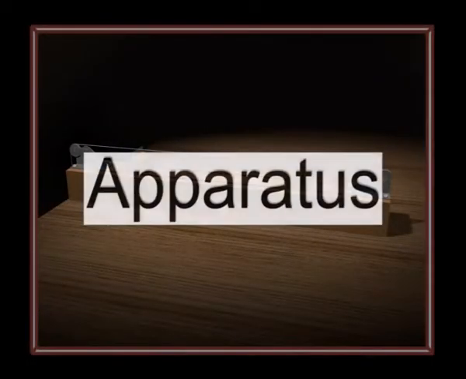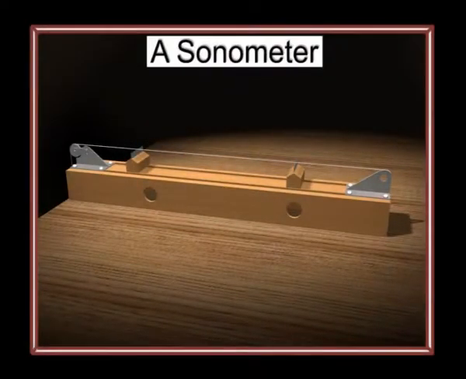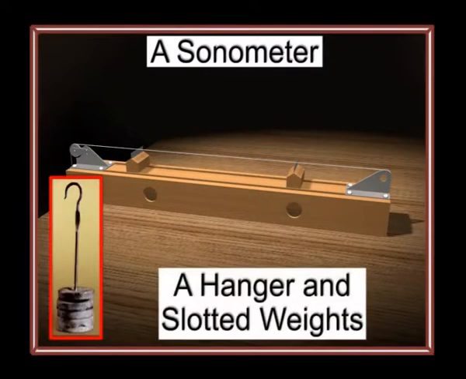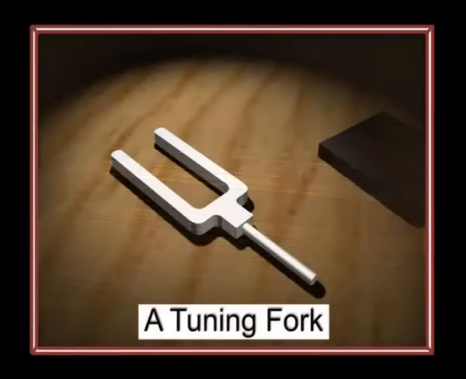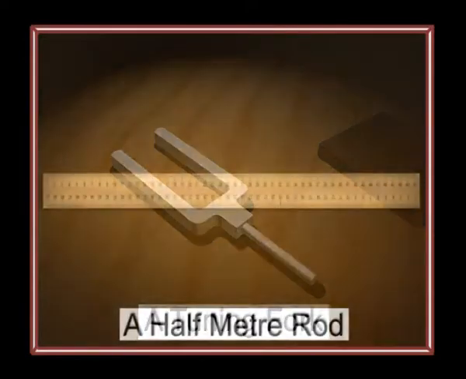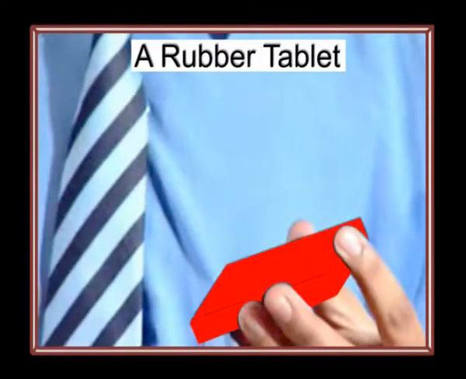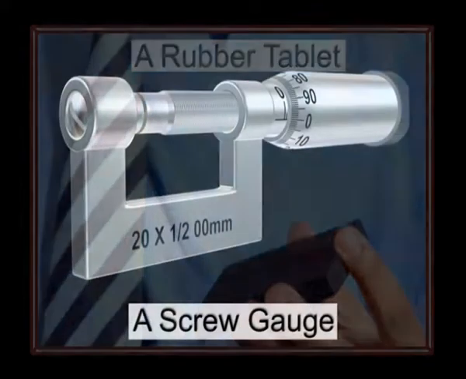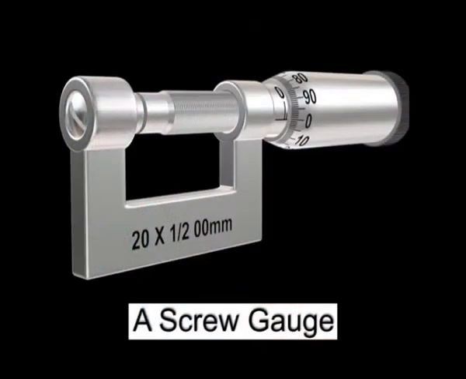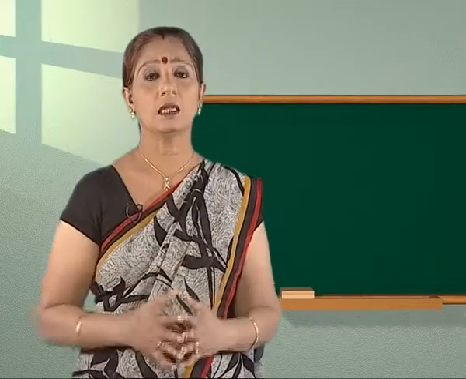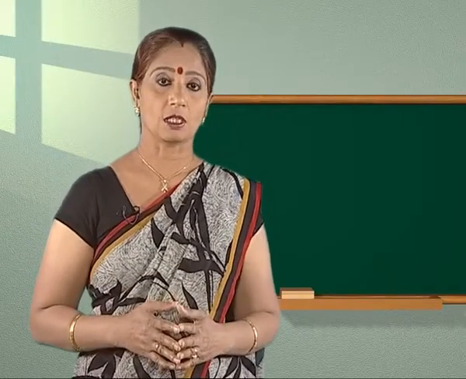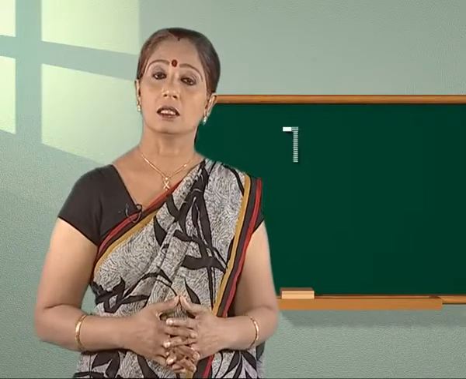Let's see what apparatus we will need to do this experiment. A sonometer along with a hanger and slotted weights, a tuning fork, a half-meter rod, a rubber tablet, and a screw gauge. Then, it is also important to understand the theory